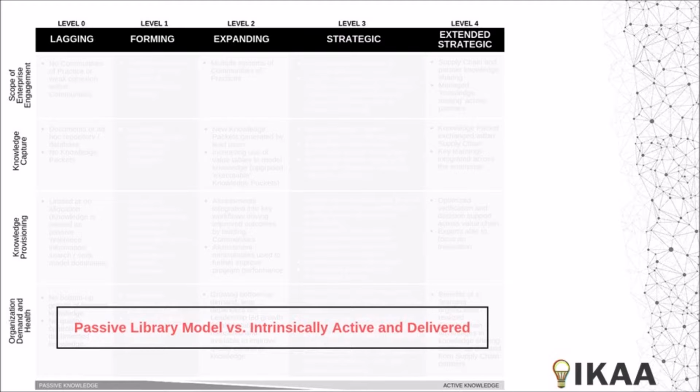The active knowledge structure refers to the fact that the knowledge is captured so that it is intrinsically active and that its application is direct and unambiguous. There's little or no need for the consumer of that knowledge to interpret the meaning of the technical memory and how it needs to be applied. As an organization moves to the right, there is a recognition that knowledge usage rather than knowledge management is the main objective.